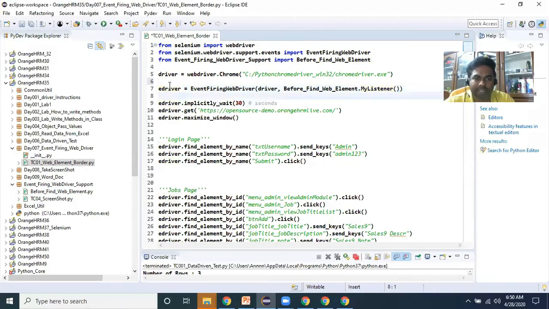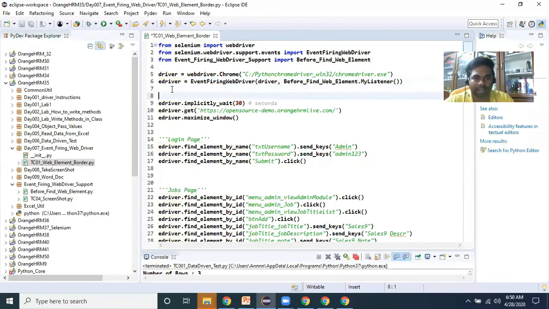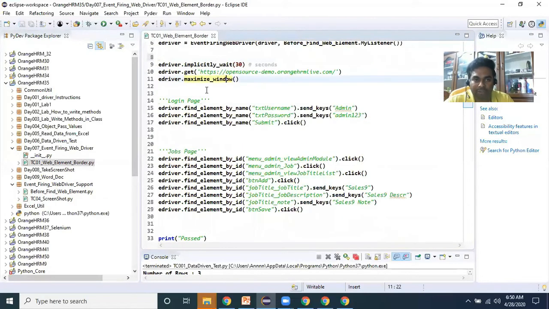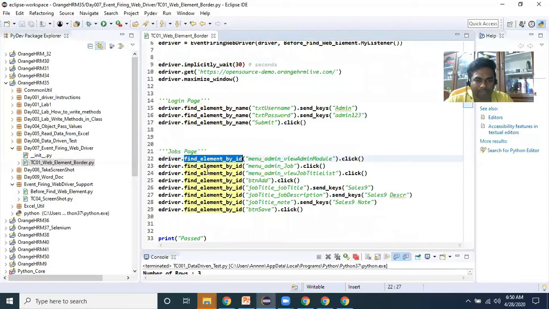Now let's discuss what an event firing WebDriver is and what its purpose is. Why can't I just use driver? You can use driver also, but if you are using event firing WebDriver, let's see how efficiently we can use it and how the set of driver instructions will be executed. When I execute my event firing WebDriver, wherever you have written find element, that particular web element's border will be highlighted in red color.